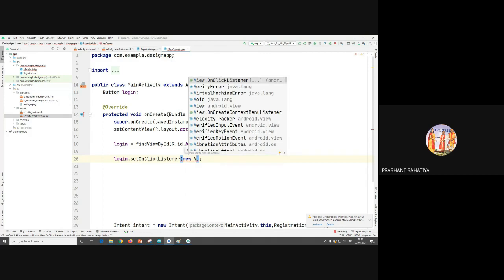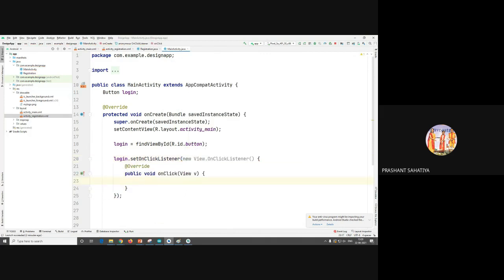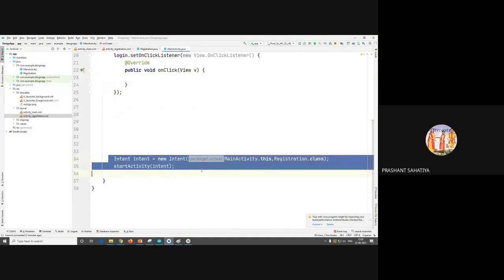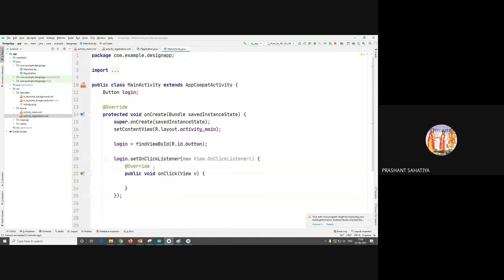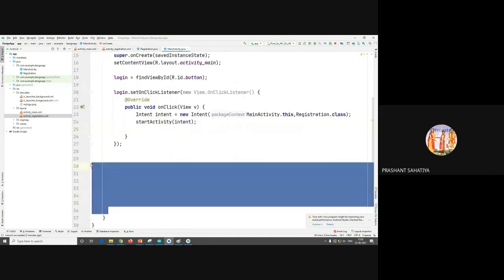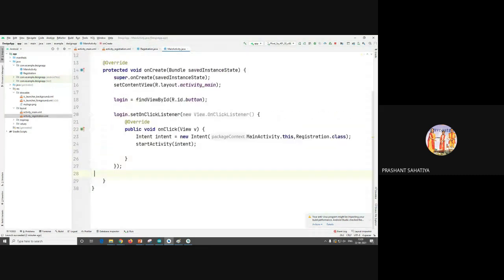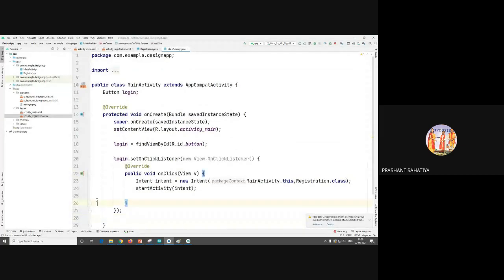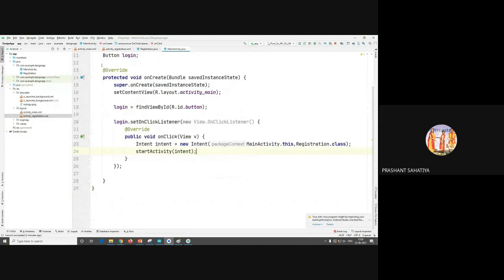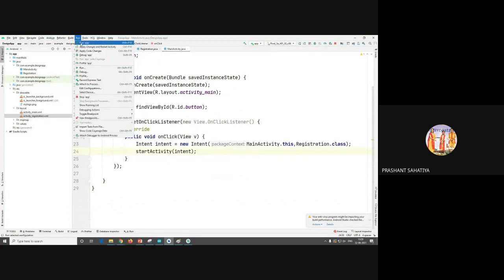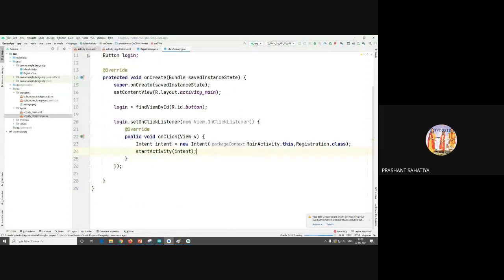If you write only v, the first suggestion will come, View.OnClickListener. Click on enter. That's it. Now whatever portion you have written here, you have to write inside onClick. That is, this portion will be removed. I'll remove the extra spaces. That's it. Let us run the app.